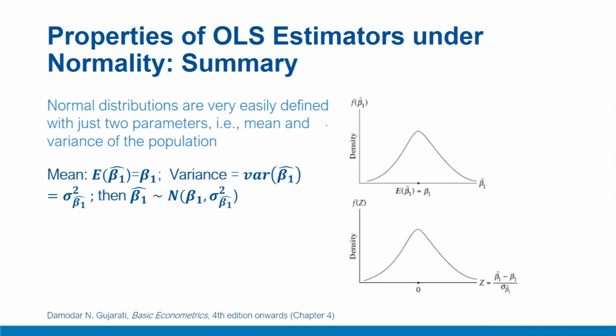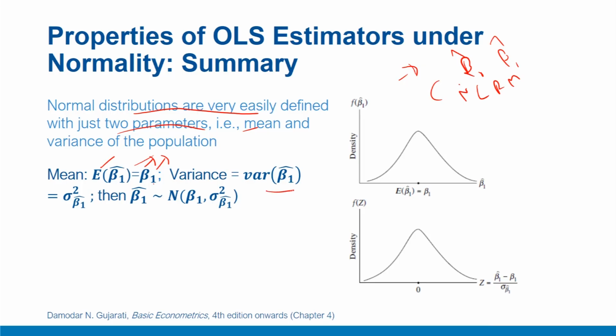To summarize, in this video we introduced the normality assumption with the error term. Since the error terms are the ones introducing randomness in the sample estimates, the sample estimates themselves, beta 1 hat and beta naught hat, are normally distributed, because normal distributions are very easily defined with just two parameters, mean and variance. If these assumptions hold, then the expected value of beta 1 hat is the same as beta 1, the population parameter. So the sample estimate converges to the population parameter if the classical normal linear regression model assumptions hold.